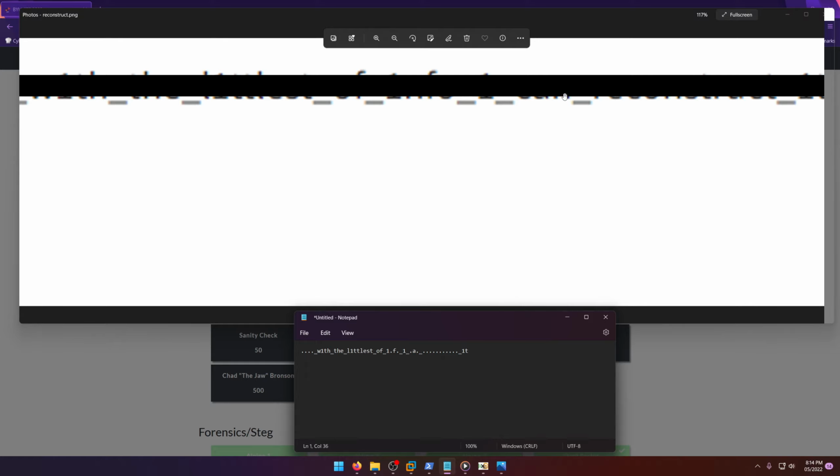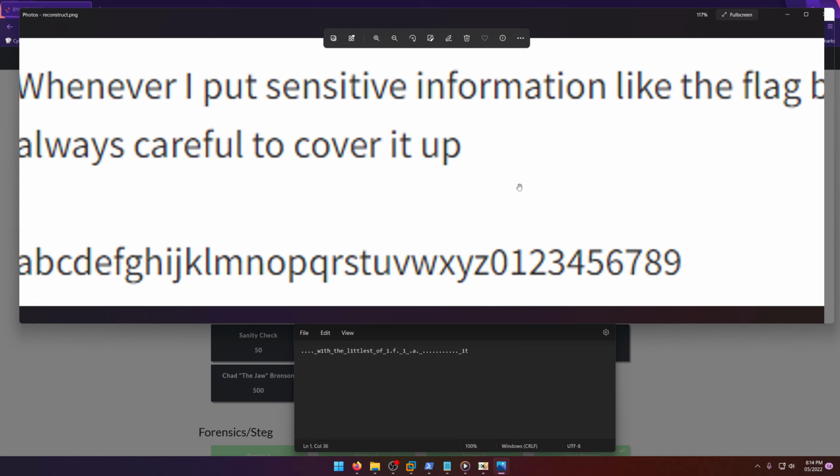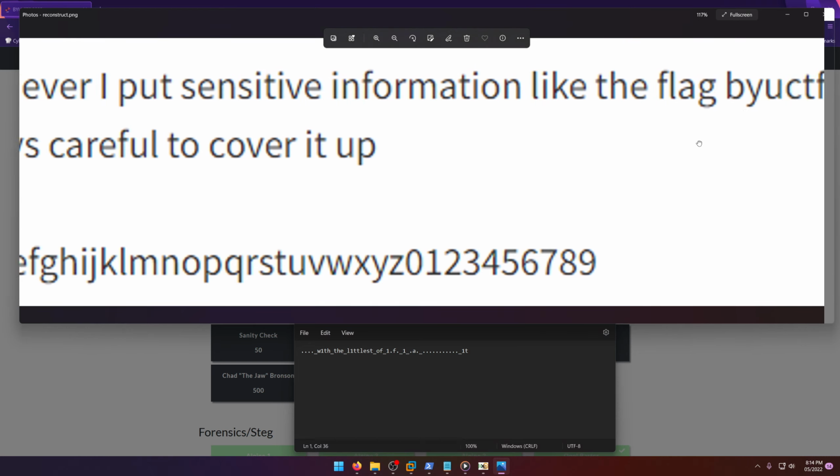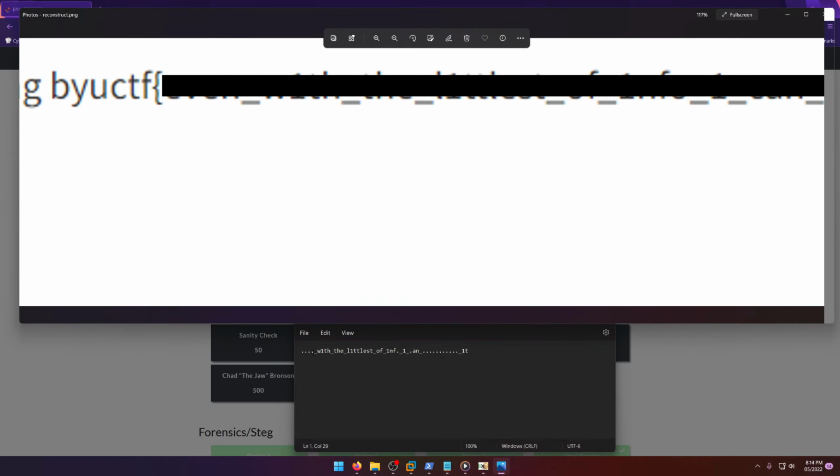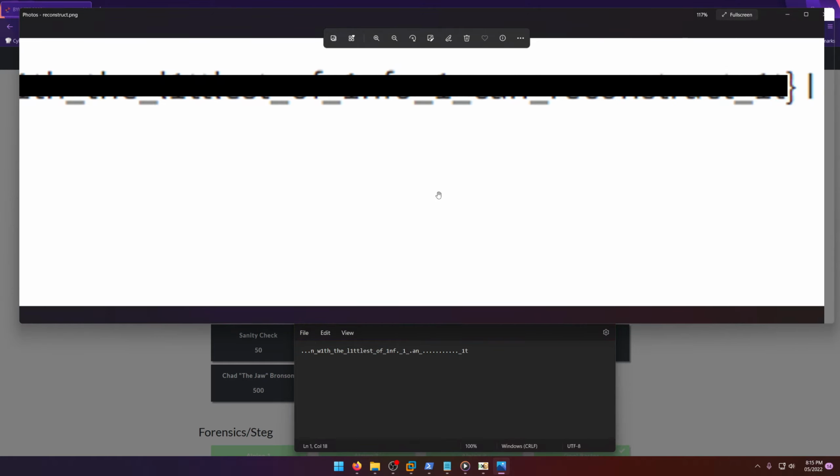And then there's a double notch here, which could be an N. Yeah, it matches an N, doesn't it? So let's see if there's any more double notches like that. There's another double notch right there, so that's probably N. Ah, there's one right there as well. Okay, so now we're getting some English, so we can surmise what this is going to say. So something with the littlest of info,